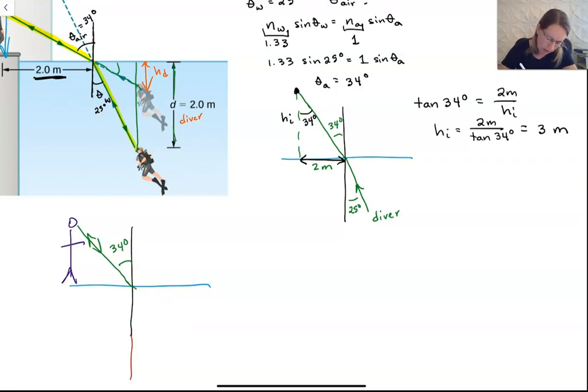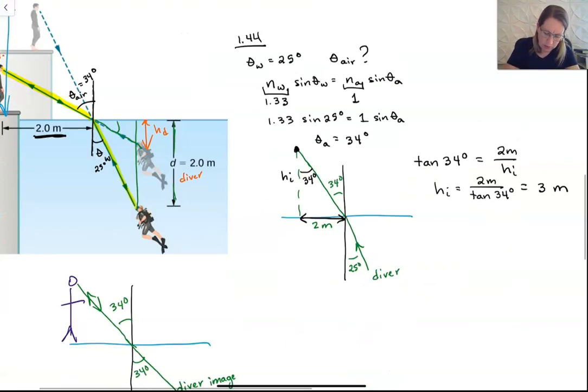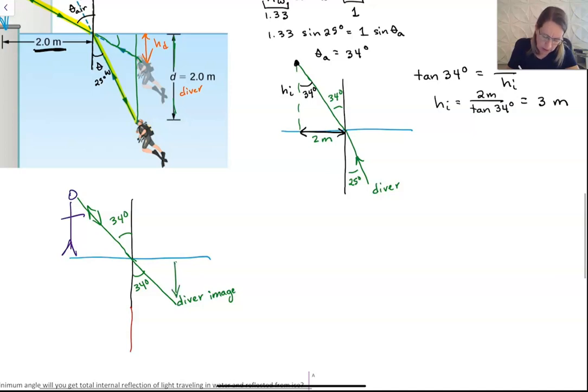If that's coming in at 34, then this is coming in at 34 degrees here. And so the apparent location of the diver, here's where the diver image, if you like, sits for the instructor. That's this location. Now, in order to find that, just like we did before, we need